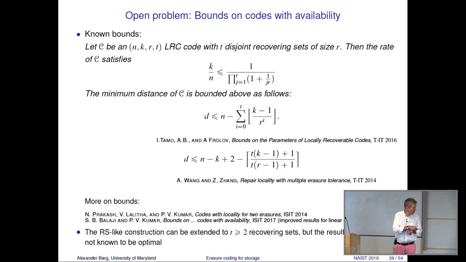There is more on the bounds, more recent bounds. Maybe these two are in general location. This is tightening, I think, for linear codes, Balaji Kumar. But overall, the question of the best attainable rate for codes with availability, even 2, is an open problem. We know very little about the distance. This is the bound, and more or less, it's not exactly the end, but that's not far from the end. We don't know if codes that attain that bound exist in general.